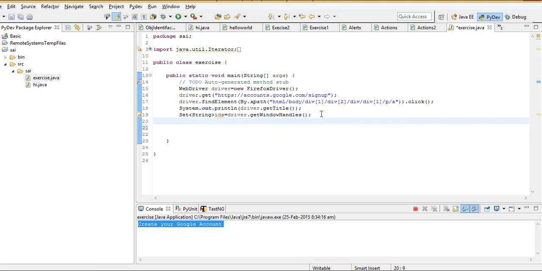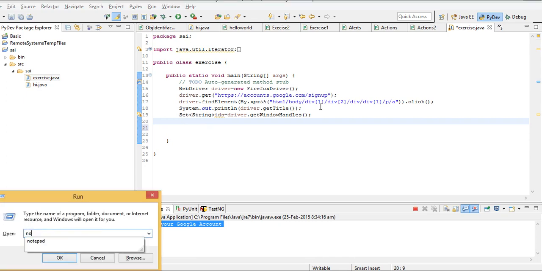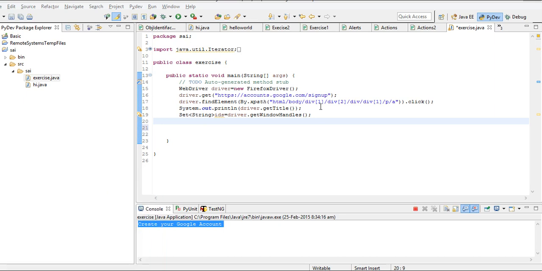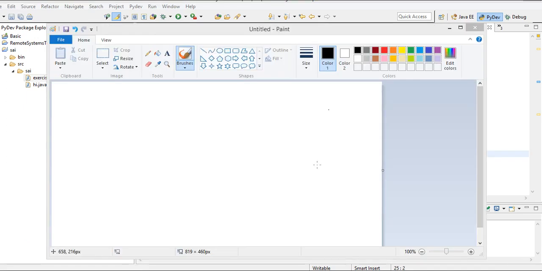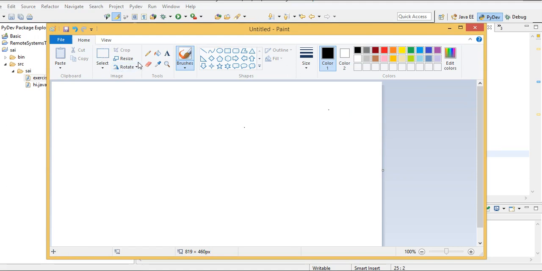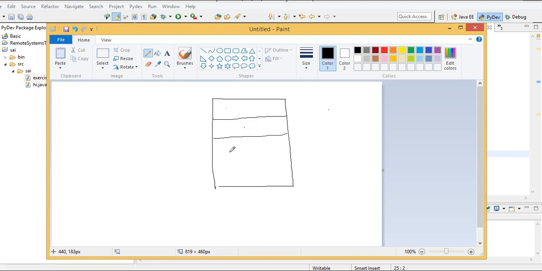Now, for example, I'll tell you how the set will be stored. Assume that this is a set, and when I get the string handle IDs, the first one will be stored here in the first basket, the second one in the second row, and the third one in the third row.